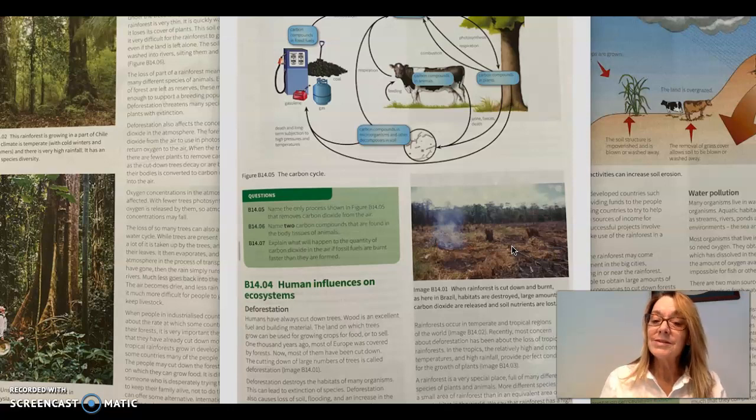The other thing is that the trees are plants, right? They have lots and lots of leaves. And what do the leaves do? They do the photosynthesis. So they take the carbon dioxide out of the atmosphere and release the oxygen for us to breathe. So when we decrease the amount of vegetation, we decrease the amount of carbon dioxide that's able to be taken out of the atmosphere, and the amount of oxygen that is released into the atmosphere.